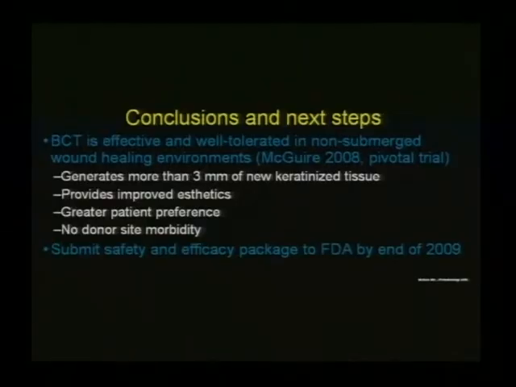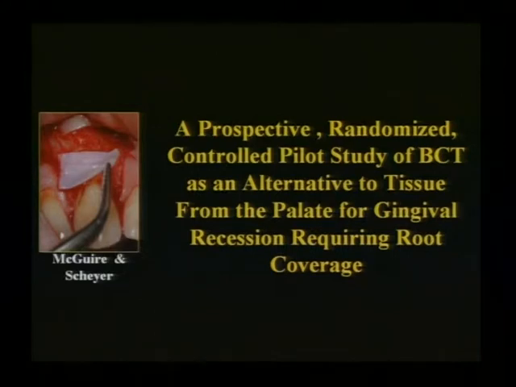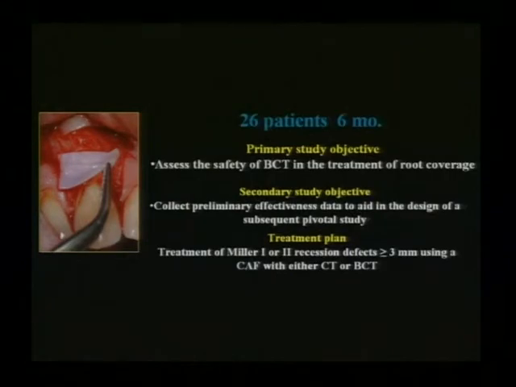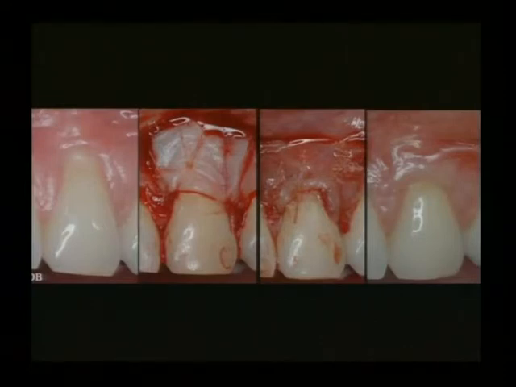So with this, we concluded that bilayer cell therapy is effective and well tolerated in a non-submerged wound healing environment. It generated more than 3 millimeters of new keratinized tissue, provides improved aesthetics, greater patient preference, and there wasn't any donor site morbidity. This package is going to be taken to the FDA late this year or early next year. We're also doing a small trial looking at this in a submerged environment for root coverage. It's a 26-patient study that we're in the middle of right now, where we're placing the material with varying layers, 1, 2, 3 layers, and submerging it to see what we can do as far as